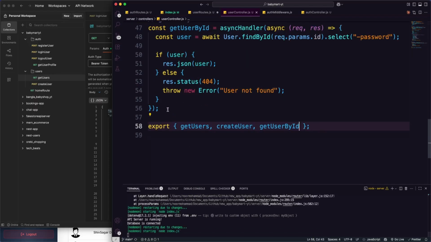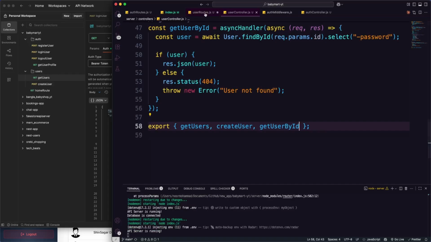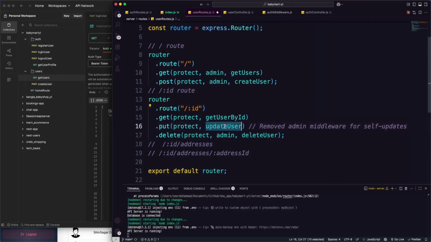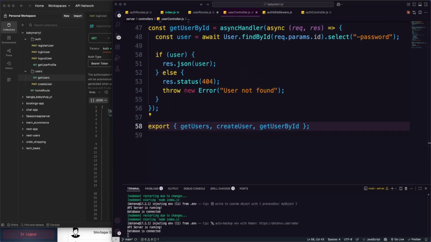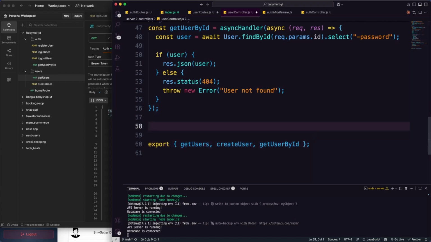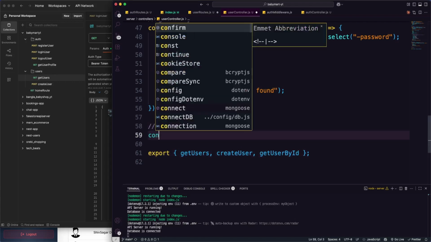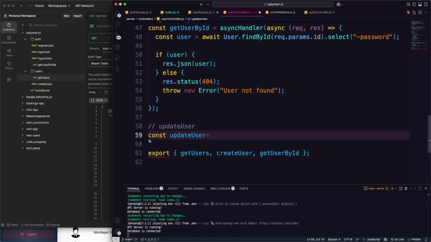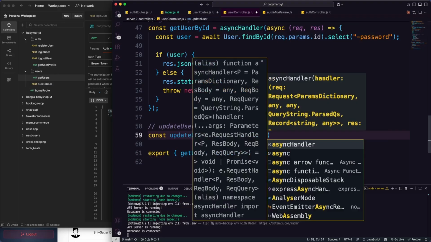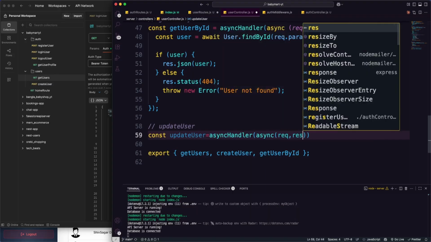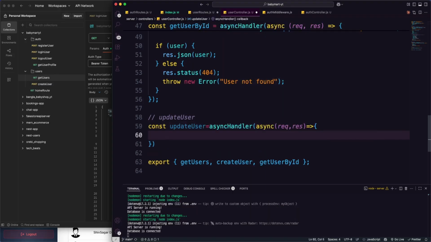So that's the one mechanism to get the function. And another function is going to be update user, right? This is going to be a put method which we need to create. So this also needs to be provided in a very good way. I'm going to come over here and pass that update user method, const updateUser. And now let's pass that async handler, the async mechanism, same request and response, and then we are good to